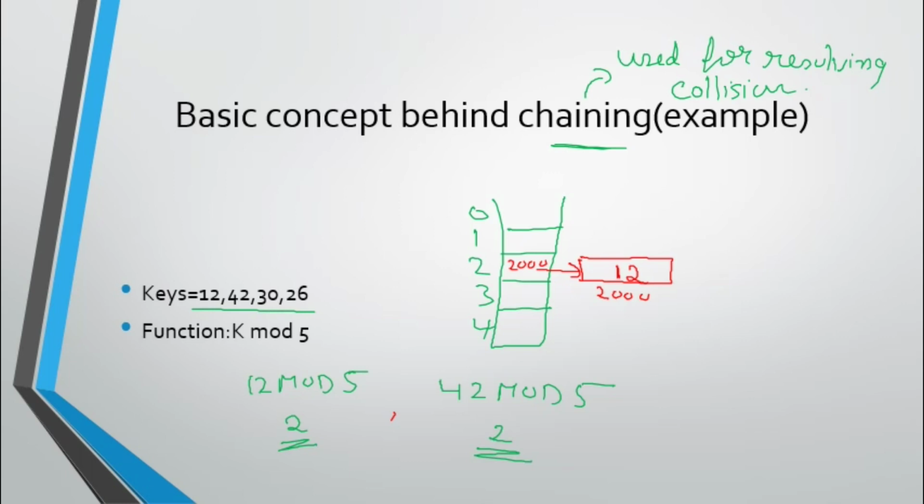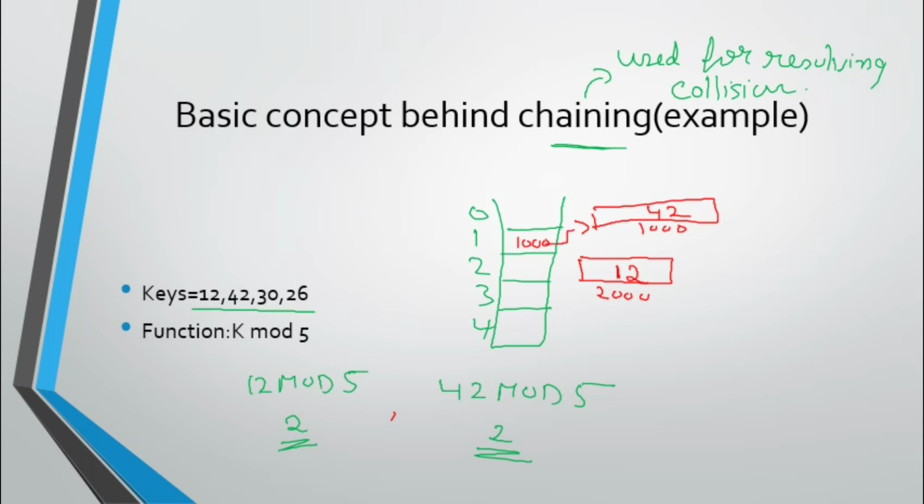Yes, now there is a catch. Again location 2 is already occupied, so there is a problem. What I do is connect this by prepending the element here. You remove this connection, and for this one, 42, you create one more node here. Say the address of this is 1000, and the 1000 is saved here.